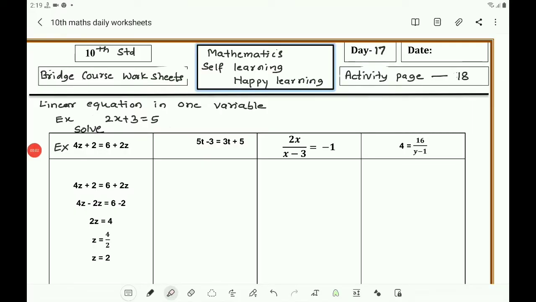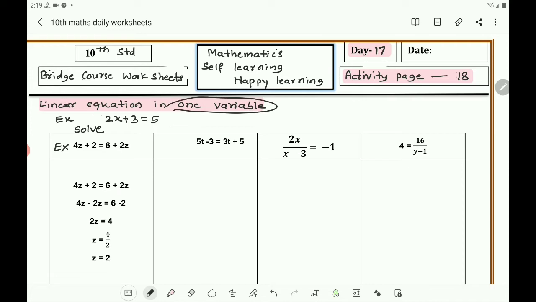Dear students, it is activity page 18 for day 7. It is linear equation in one variable. It is an activity about the linear equation in one variable. Here observe the word linear equation and one variable. Linear equation is the equation in which the highest power of the variable is 1, and